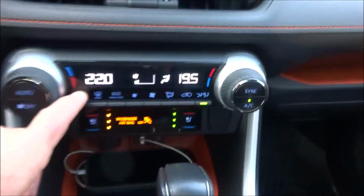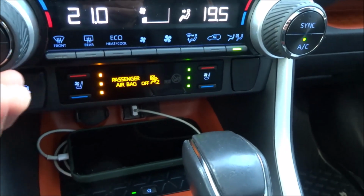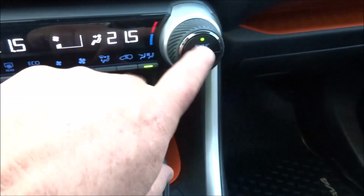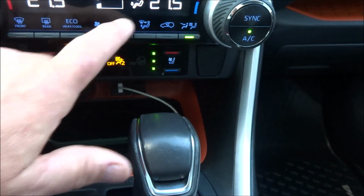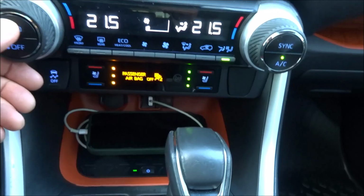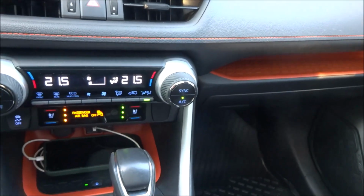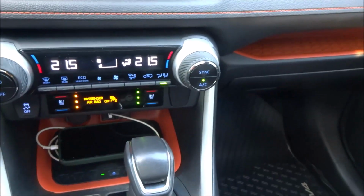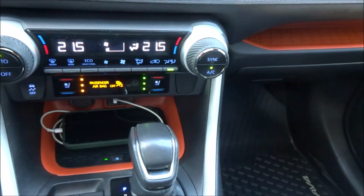We've got your ability here to sort of set independent temperature zones on driver and passenger sides. I can sync them to the same as the driver's based on preference. Of course, your air conditioning on, off, all your various airflow levels. The auto control is going to allow the various temperature sensors, and there's one up on the dash, 2 down on the footwells, and these are reading different levels of temperature throughout the vehicle,